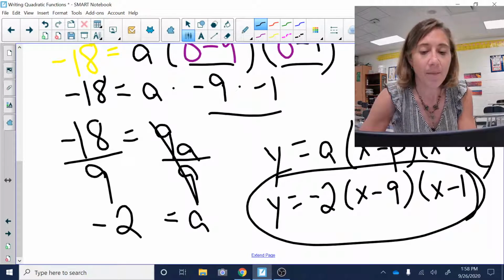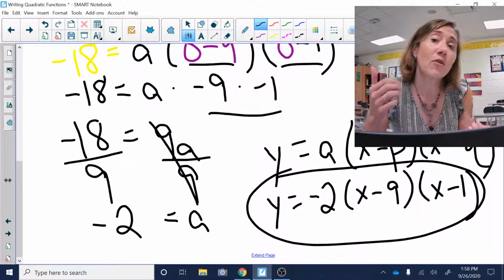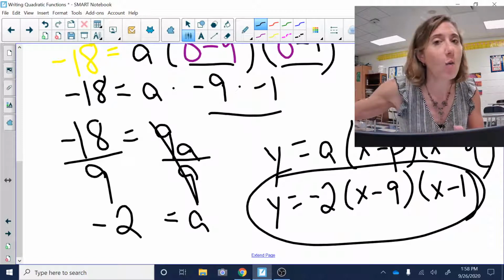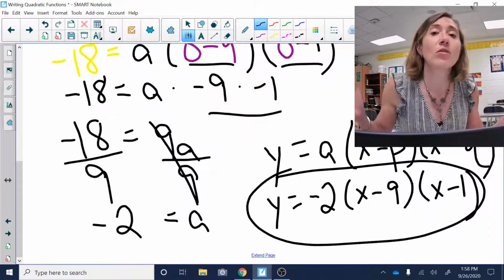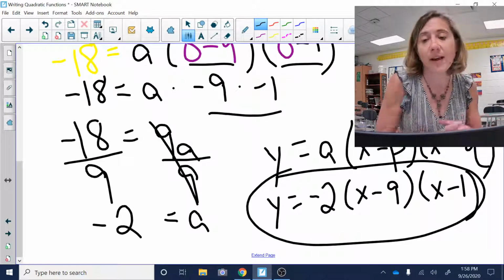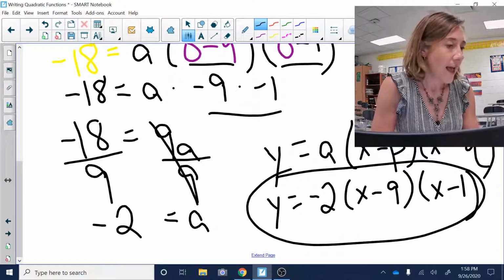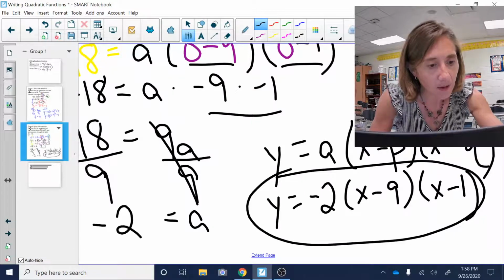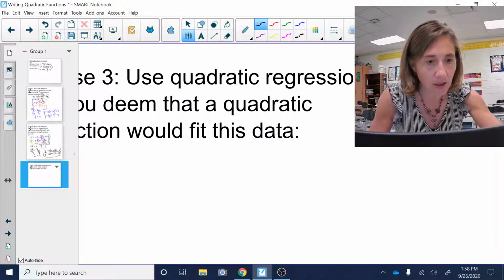But always choose the form to use based on what you know in the situation. Don't choose it based on what you want it to look like at the end. You're using it as a starting point to get into the equation first, okay? So choose it wisely. The last thing I want to show you is how we can use this in situations